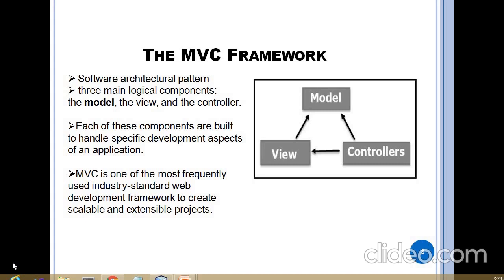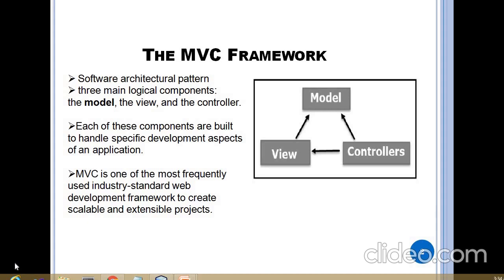Now here, out of these components, the customer who has arrived at the hotel with his specification, with his demands, is nothing but a client. He wants particular data in a particular format. The waiter here is acting as the controller. It controls the flow of execution. The controller knows to which particular Java class the order has to be taken. Then the model is the one who works on the business logic.